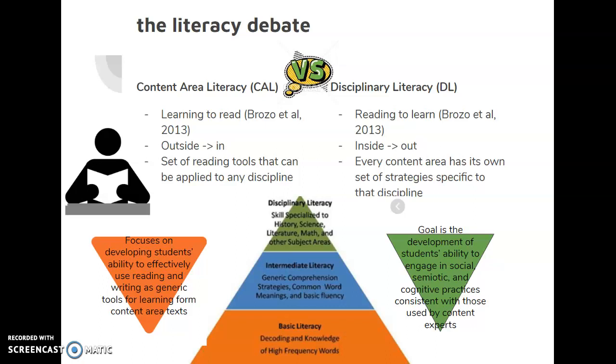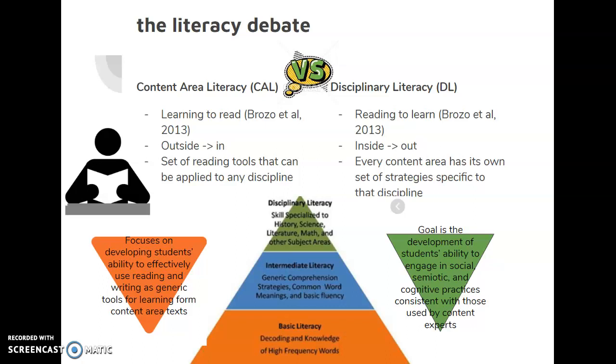So content area literacy is definitely more of a general literacy that you would learn in elementary school, and this brings us to disciplinary literacy, which is more of a reading-to-learn look at things. It's inside-out. Every content area has its own specific set of strategies that is specific to that discipline. So you have disciplinary literacies for math, science, history, dance, art, you name it. Readers must base what strategy they use on what purpose they have for reading. So with these two in mind,